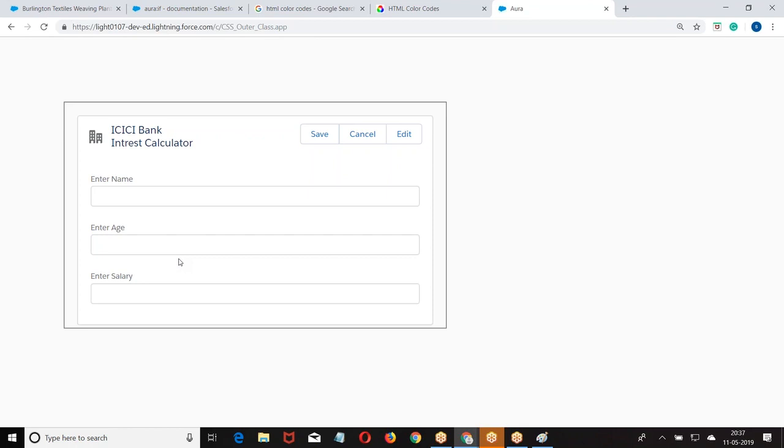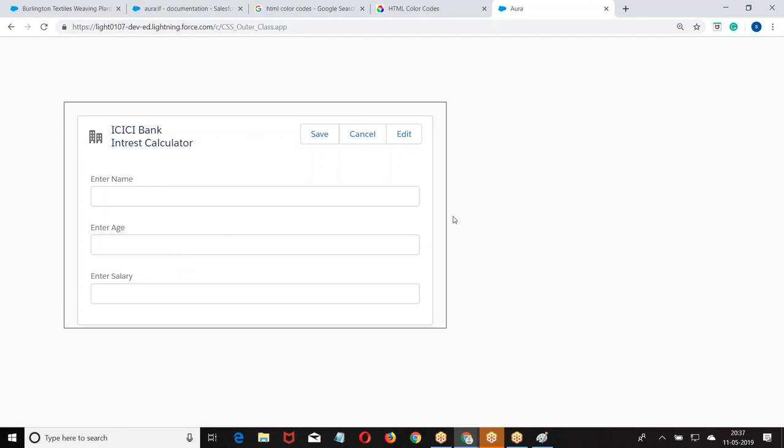If it is an outer element, when I say outer element, a direct child of component, that is the outer element. If it is for an outer element, dot this dot class name. If it is for an inner element, dot this space dot class name. Are you getting my point? Previously the lightning card length was coming as the complete page was occupied. Now I was able to control this.